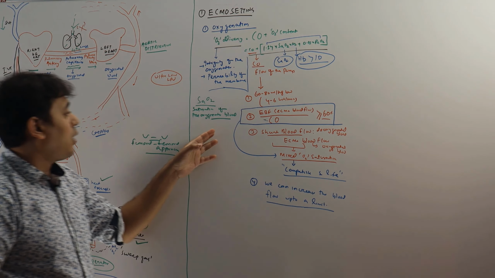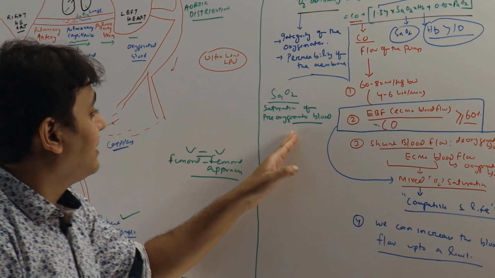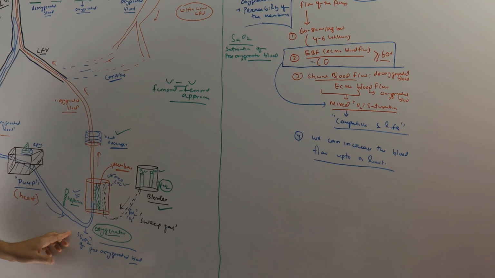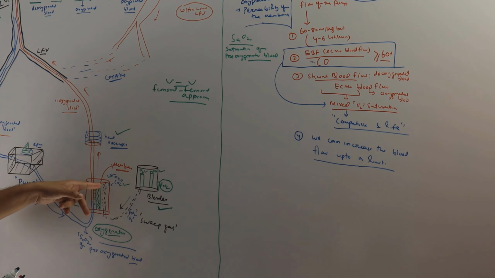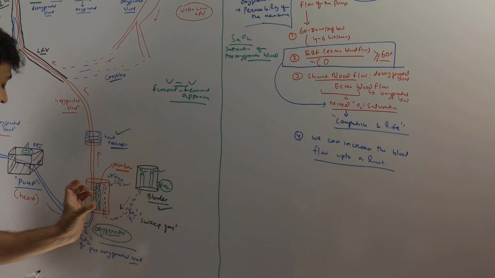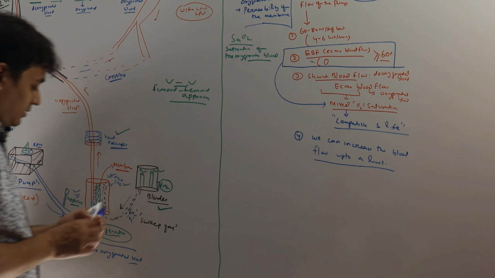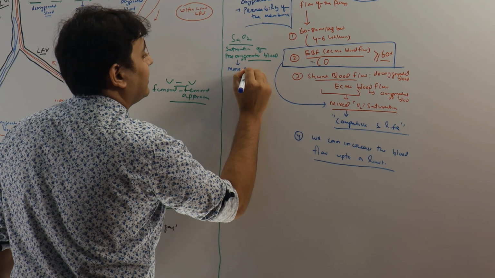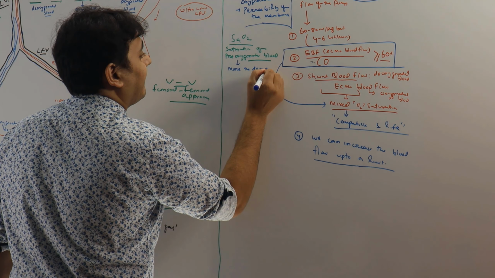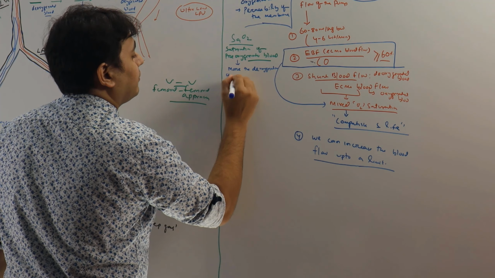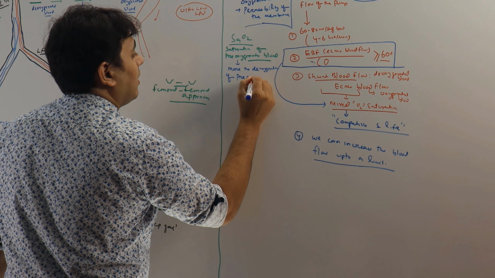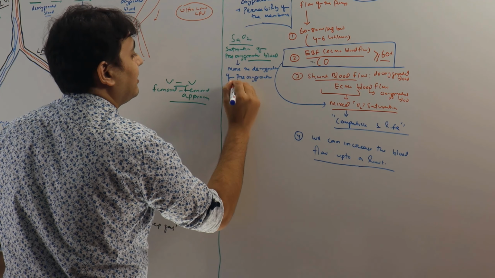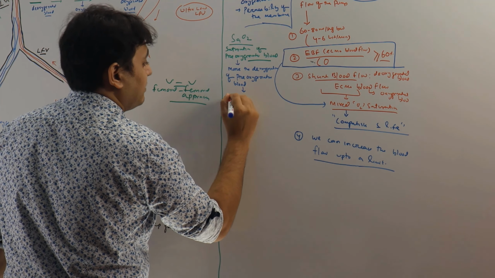And if we give our patient deoxygenated blood here, then there is every chance that it will get oxygenated because the gradient will be very high. The more the deoxygenated blood, the more is the efficiency of the machine because the gradient will be high. And if we give oxygenated blood to the oxygenator, then its efficiency will decrease, right? The more the deoxygenation of pre-oxygenator blood, the more is the efficiency.